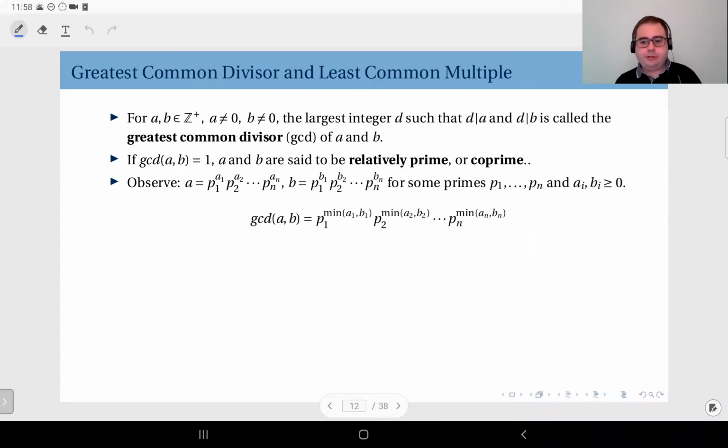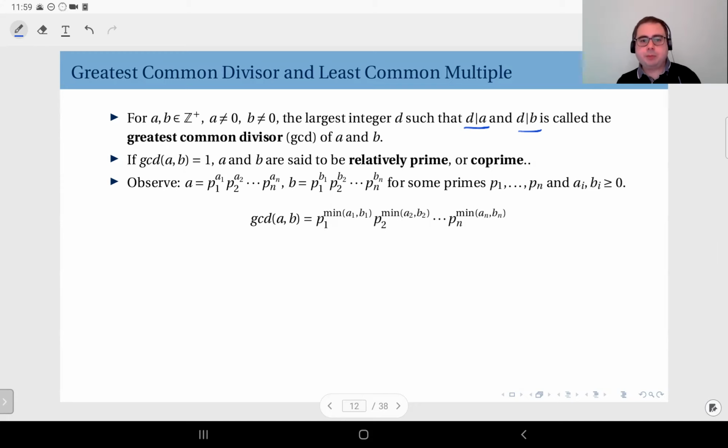Next, we will discuss the concepts of greatest common divisor and least common multiple, and we are going to refer to these in short as GCD and LCM. Here we have the definition of a GCD for positive integers a and b, which are, of course, non-negative. The largest integer d, such that d divides a and d divides b together, is called the GCD of a